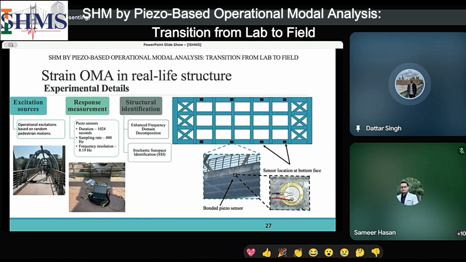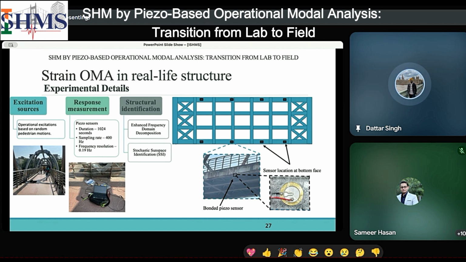Now we have established effectively in the laboratory that piezo sensors are very effective at experimental modal analysis, at operational modal analysis, and at damage monitoring, but we still need to test them in the field. So for that, we went to the actual structure from which we fabricated the scaled-down model. We pasted piezo disc buzzers at 8 different locations, and we monitored